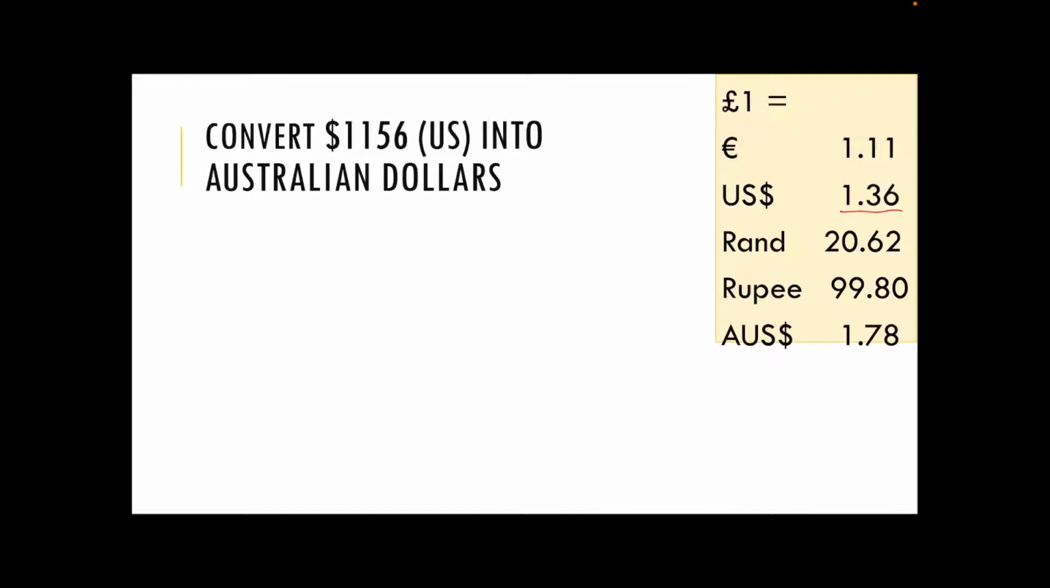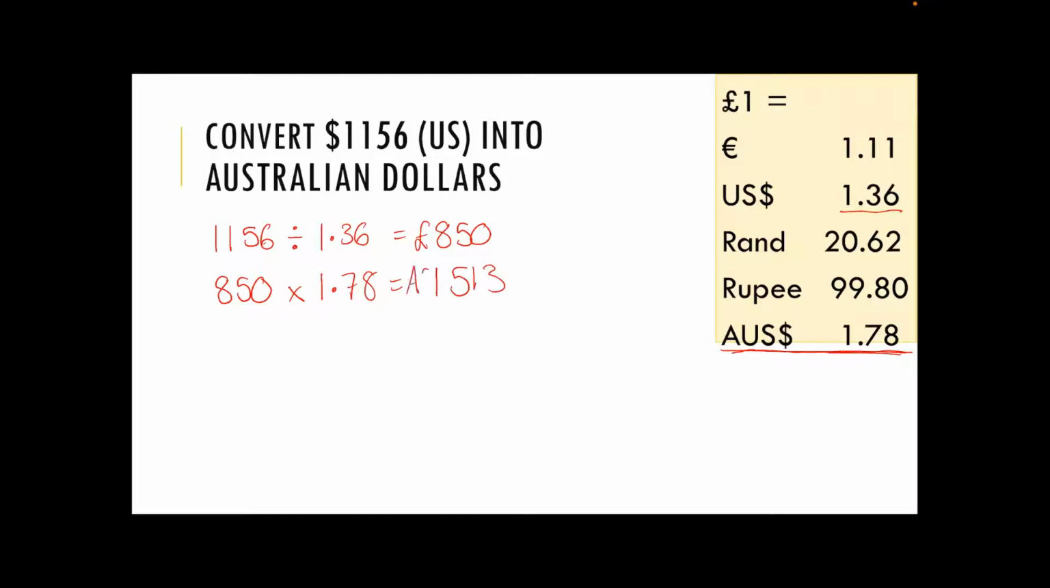So we're starting with US dollars, so I'm going to do my 1,156 divided by the current currency, so the US dollars, which is 1.36, and that is going to give us £850. So we take that 850 and we multiply by our new currency, which we are changing to, which is 1.78. And that gives us